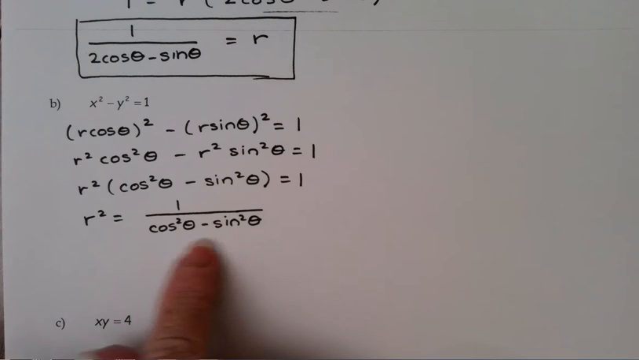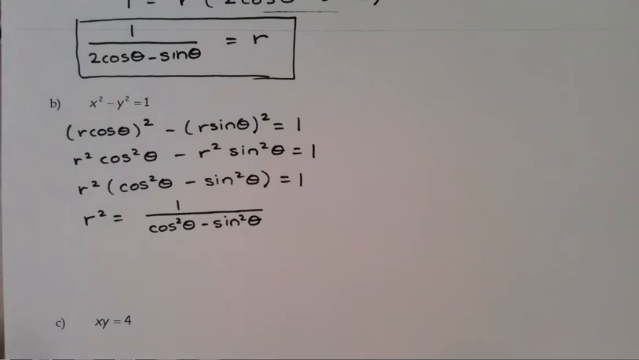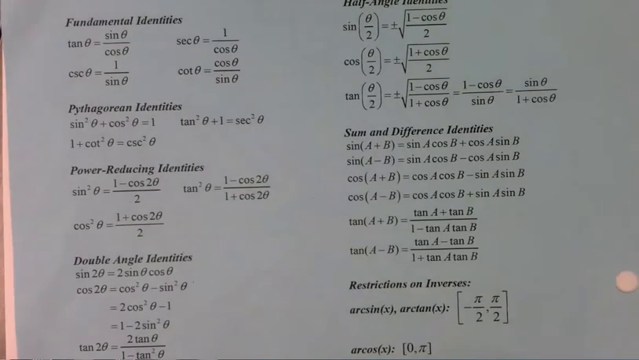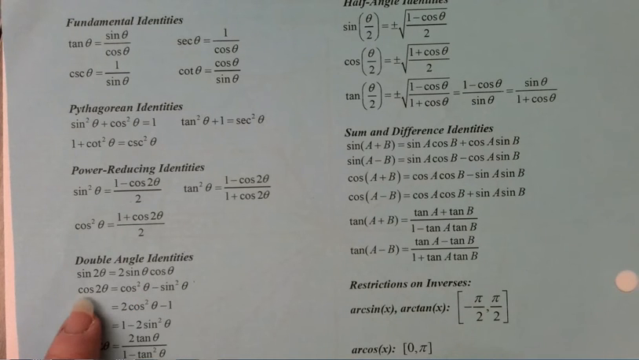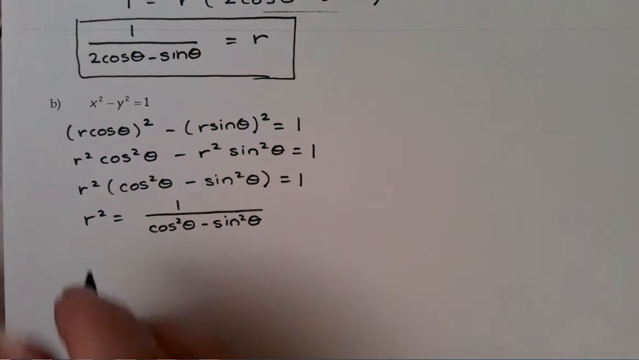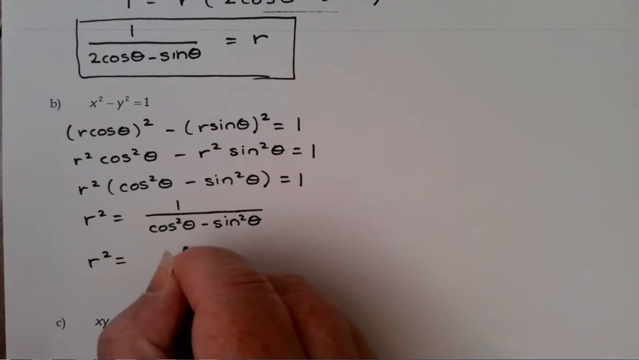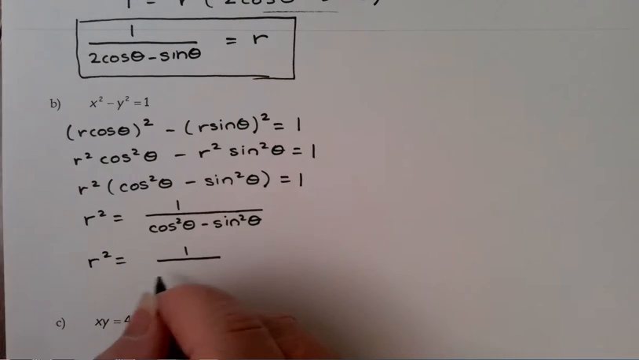That looks a little familiar to me. So I might consider looking at my list of trig identities. And notice there it is right there. Cos squared theta minus sine squared theta is cosine 2 theta, which is a lot simpler looking. So in all likelihood, this would be rewritten as 1 over